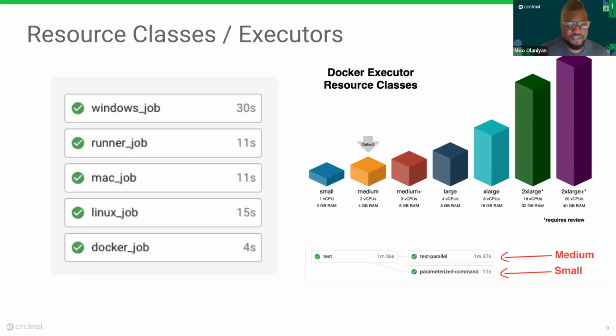We give you full access to the numerous resource classes that we have available, which are shown here. And that, especially in terms of Docker, goes from anything from 1 vCPU and 2 gigs of RAM, all the way up to 20 vCPUs and 40 gigs of RAM included. We also have GPU resource classes as well, if you have specific needs that require GPUs. And naturally, of course, the cost is dependent on the resource class and size that is used here.